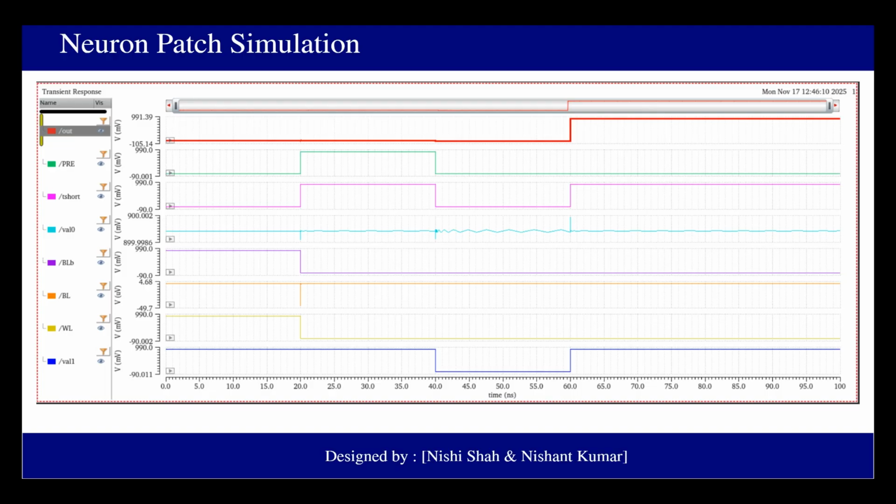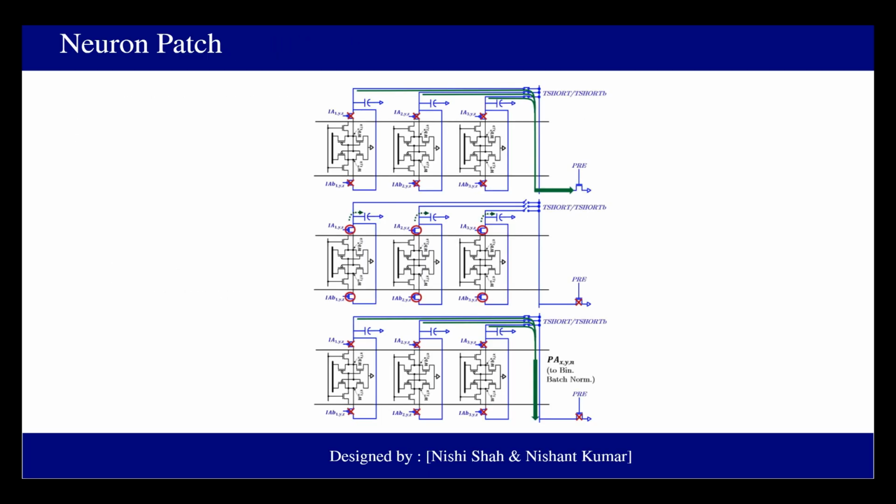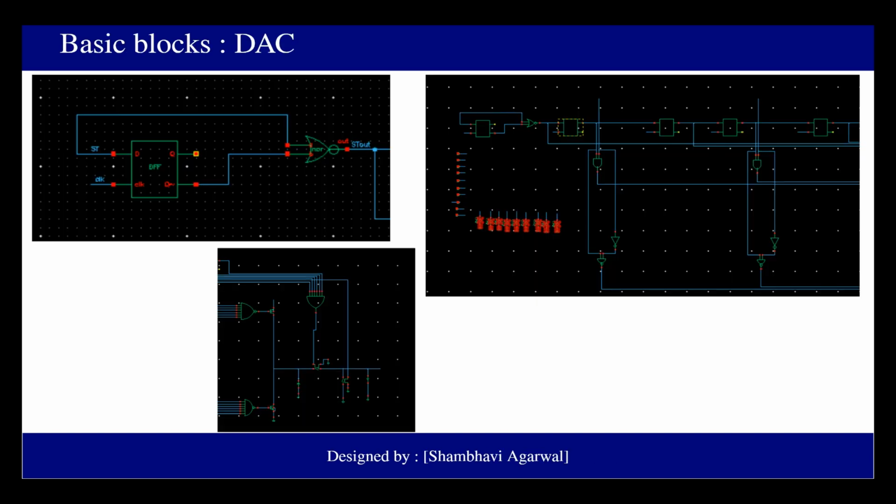The first 20 nanoseconds is for the write. We can see the word line is up and bitline and bitline bar are present. Then it's the reset phase, which ensures the output is zero. In the third, similarly, it is the XNOR operation. And lastly, we have the accumulation phase, which shows the output has 900 millivolts, because we have taken all of them as one, and 0.9 is VDD. This was the neuron patch circuit that we made, and these are the three phases: the first is the reset phase, the second is the binary multiply, and the third is the accumulate. Next, we have the DAC.